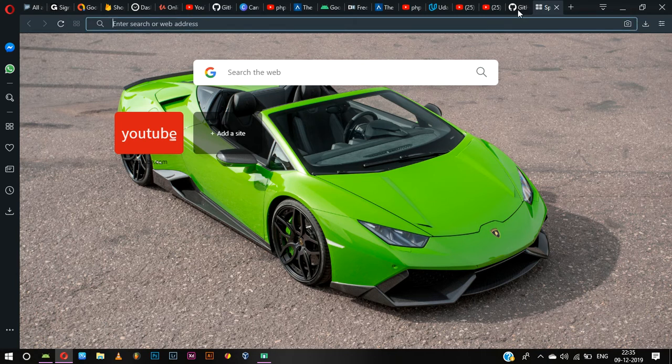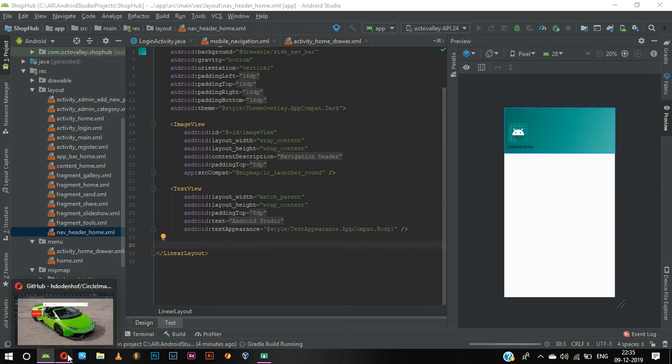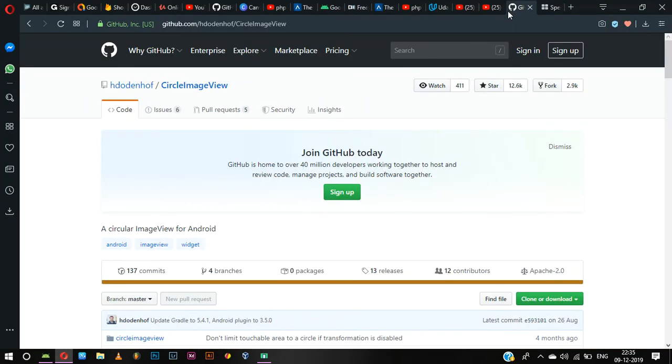Yeah, now only it's being loaded. You can see the cursor right here. Before that, we need to add a library for image view, which is this one, and this is the name of the library. To implement this,